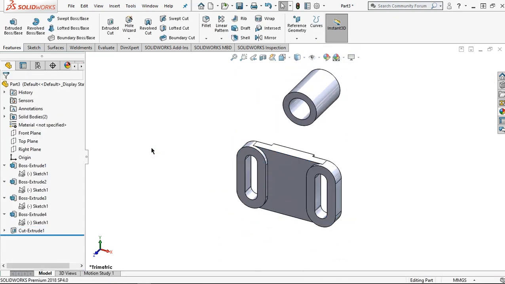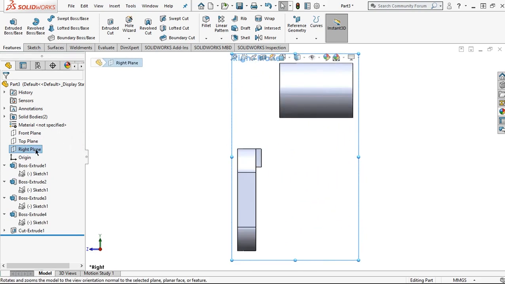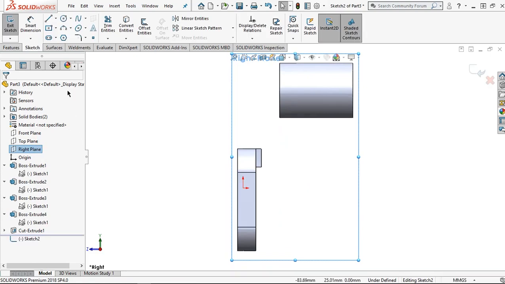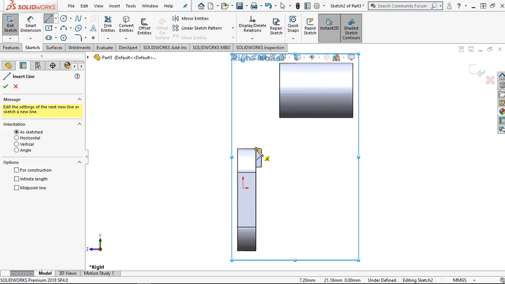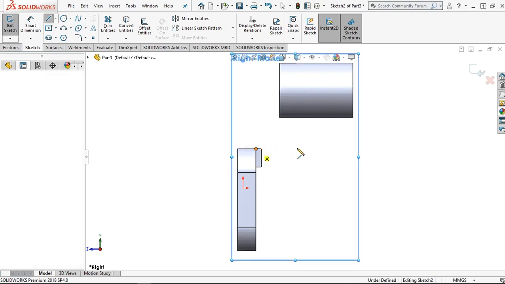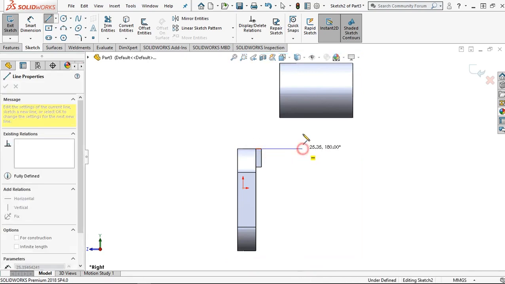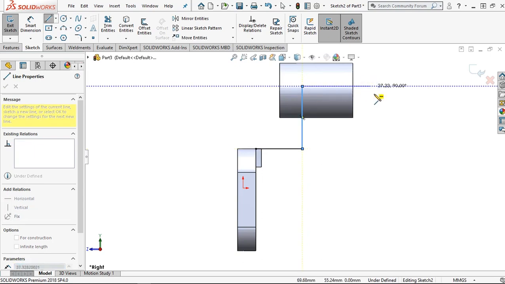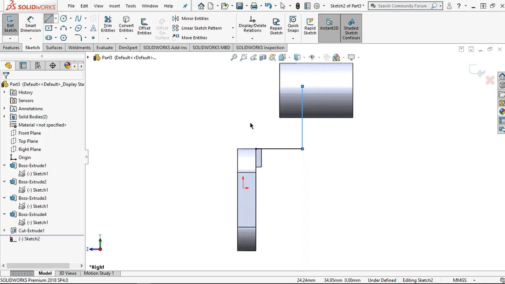Well, for the next step, let's change the view to right plane and make it normal to. Right click and click sketch. Click this line and start from this point. Right click and click select.